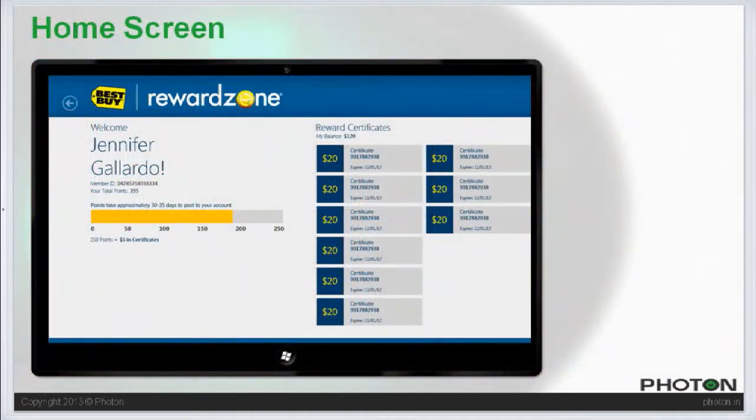This is a Best Buy product which launched to market about 1 month ago. I believe it was in early April that this launched to market. Basically, this is taking the Best Buy store experience, allowing you to go through the entire catalog of Best Buy on a Windows 8 tablet,